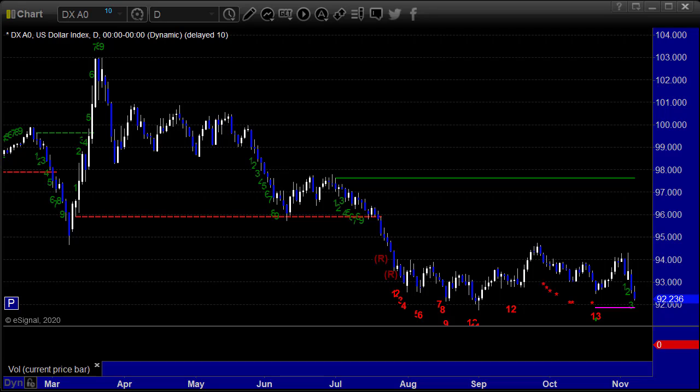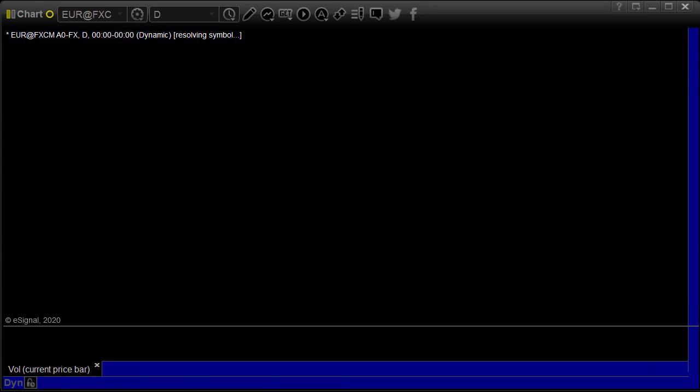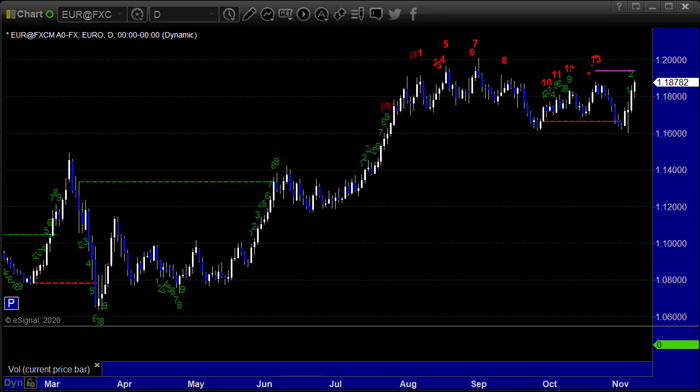This is the US dollar going back over almost a year, 9 months, let's call it. You can see how flat it's been now for a while. There is a 13 buy signal. We curled up off of that. I would say it worked enough. It never got to the culmination of the signal, which would have been the green line, obviously, but overall flat and heading towards the lows here. Could there be a breakdown possible? We shall see. We'll look at the daily charts of a couple of the major Forex pairs.